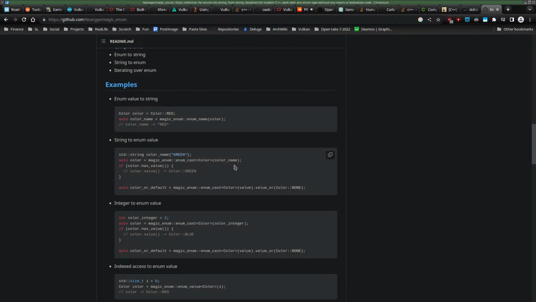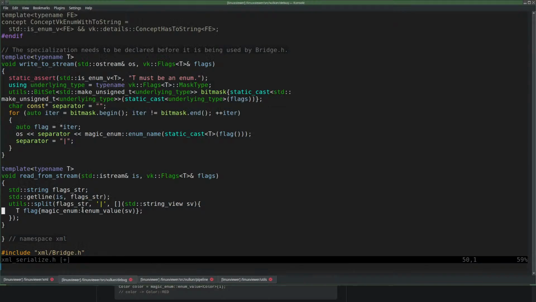Magic enum cast, and then the string. Okay, I hope that also works with the string view. So T is our enum value, and then we'll just cast it back, right? Is that not working?